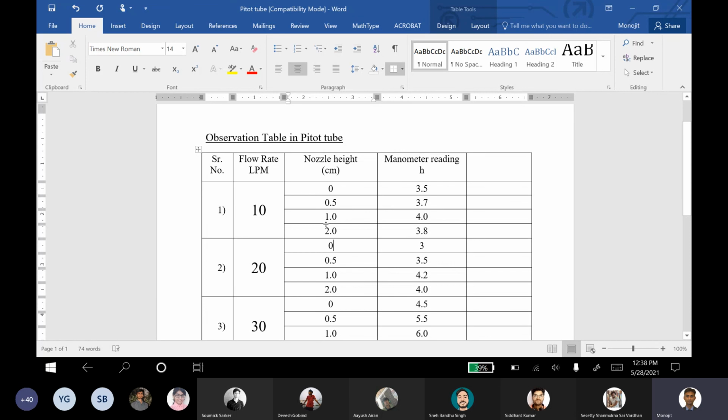The concept, I think, more or less clear to you. And if you see some discrepancy in these readings, then you can fix it accordingly. Ideally, you should extrapolate it to a position where your velocity would be equal to 0 at the 2 edges. That is the no-slip boundary condition. So you extrapolate this 3.5 to 0.